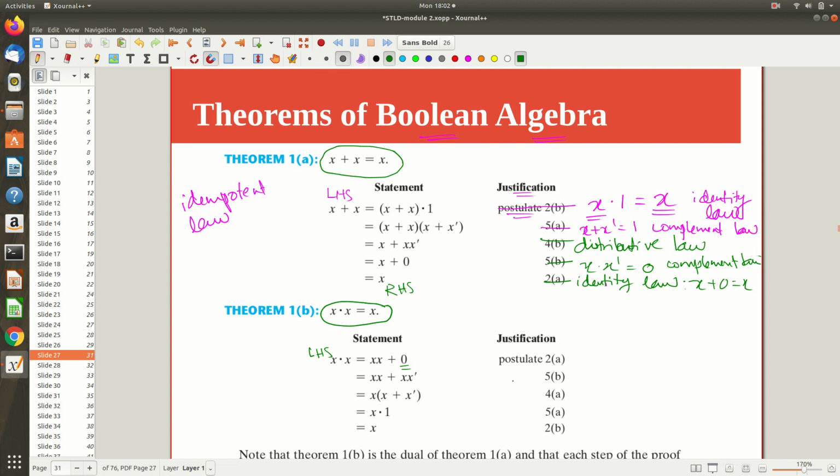Now tell me the justification for each. See what I did is, this 0 I wrote like x dot x dash, because this also we are applying in the opposite direction actually. What we know is that anything you can add with a 0, the value remains same. That is our identity law, right? Identity law itself, the type of law we applied is x plus 0 is x. Okay. Now what we observed is the complement law, x dot x dash is equal to 0. So that 0 we replaced with x dot x dash, that is our complement law. So give justification like this.